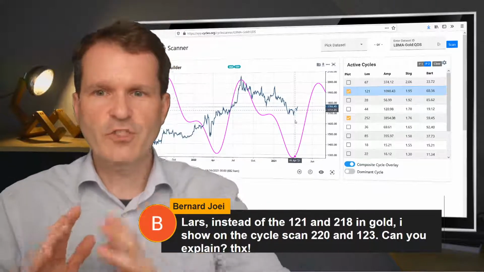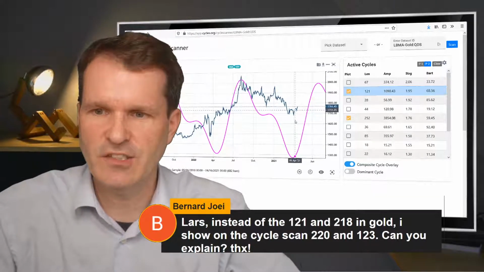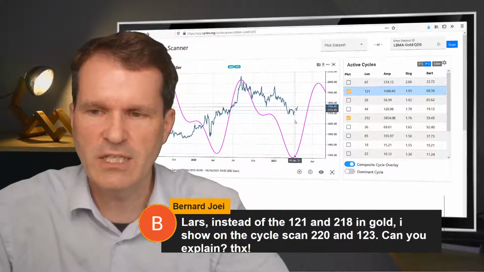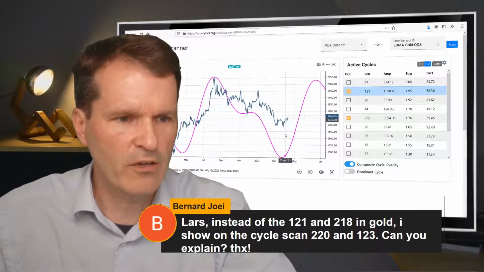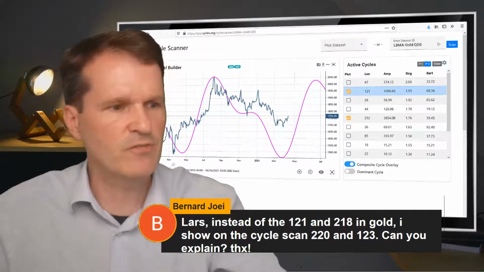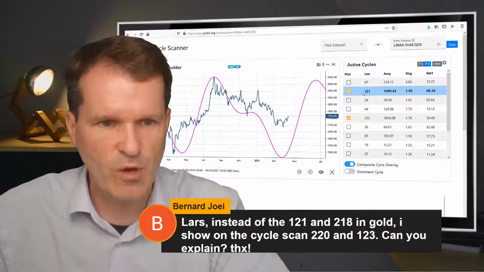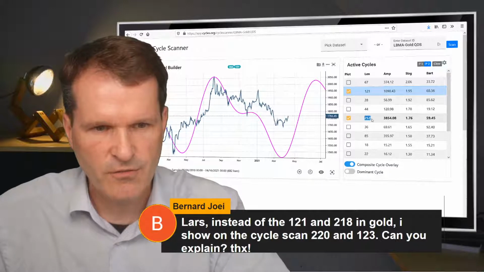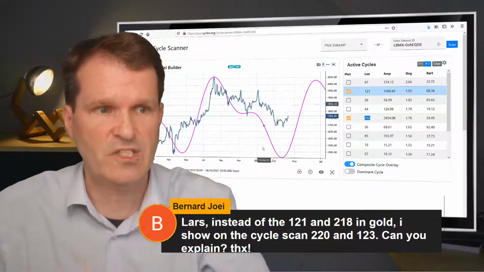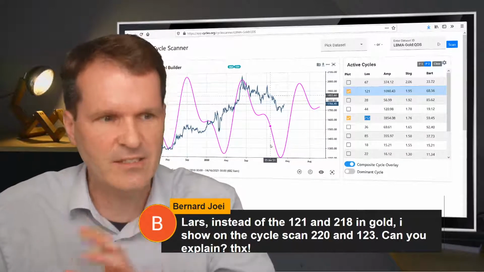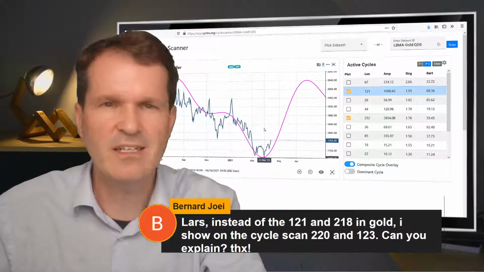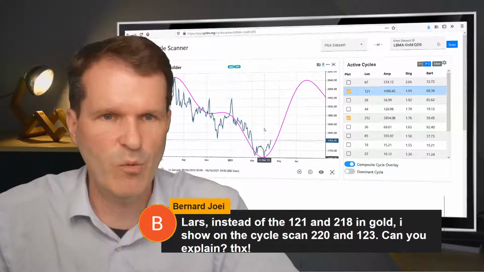So this is always what happens if you change the in-sample period. Therefore, don't be afraid if the cycle length changes a little bit, and that's also what I try to explain in this theoretical data set. If you are looking at the alignments of the bottoms and the lows, you see there is no change. I've even changed the in-sample range. I now see a 121 and 252 cycle, which is different in length from the other analysis. You see that the top and the bottom alignment is the same, and that's the important takeaway.